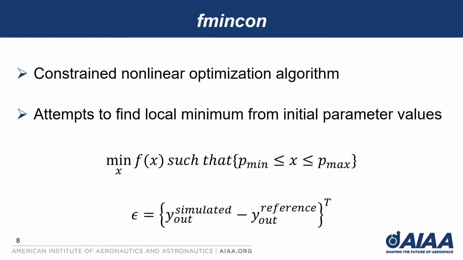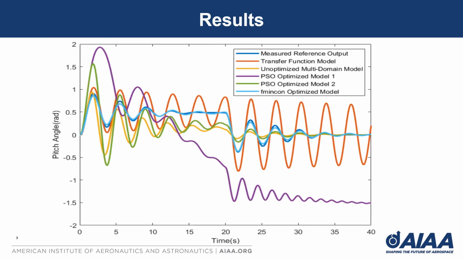Since approximate parameter values for the AERO can be obtained from documentation from Quanser, it's not necessary to find a global solution. As such, the fmincon algorithm is expected to obtain more adequate results than the PSO algorithm and in less time. To evaluate these optimization algorithms, 6 parameters were optimized: the armature inductance and resistance of the motor,